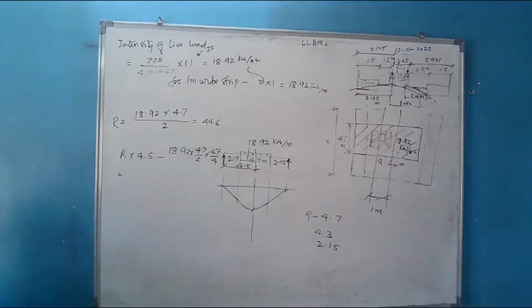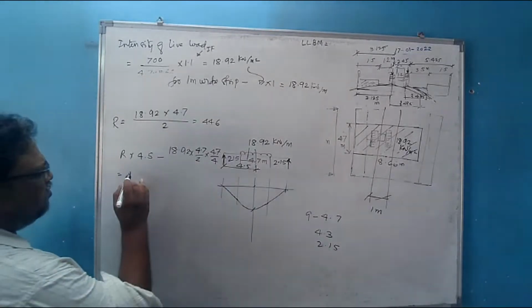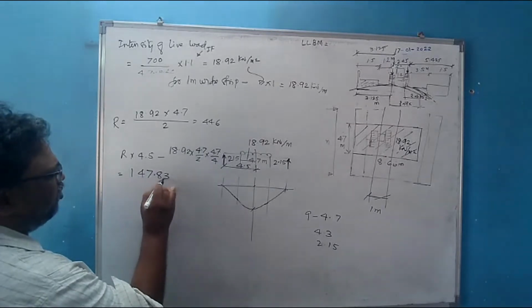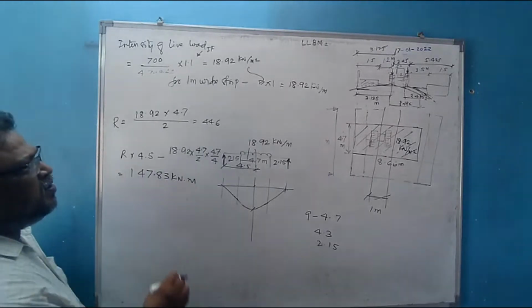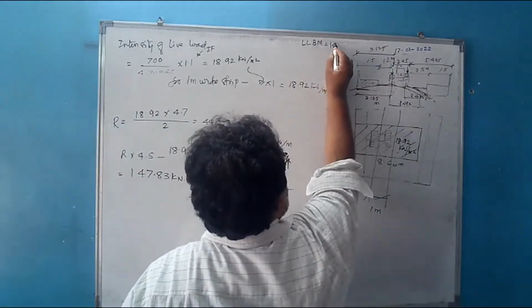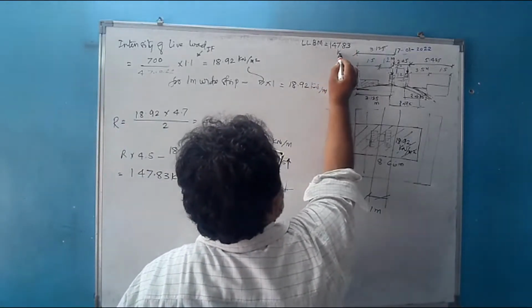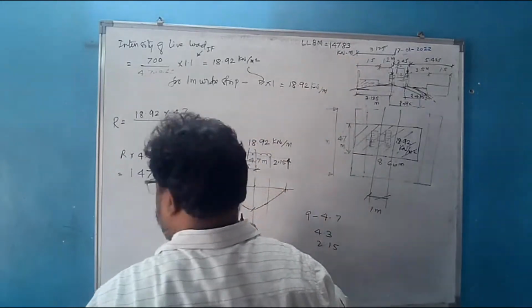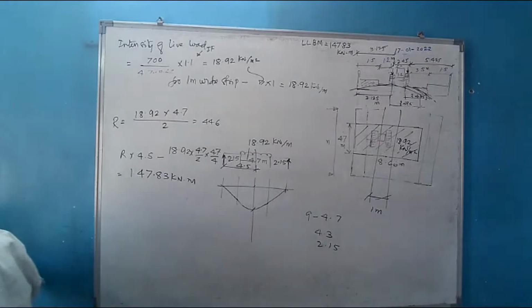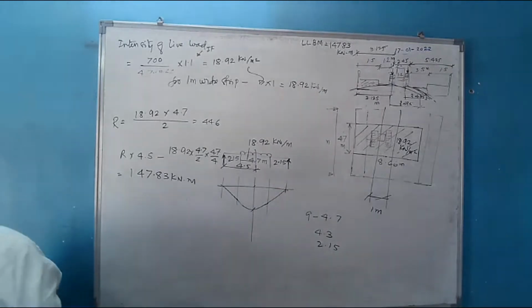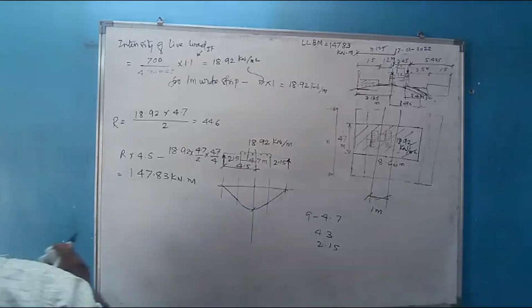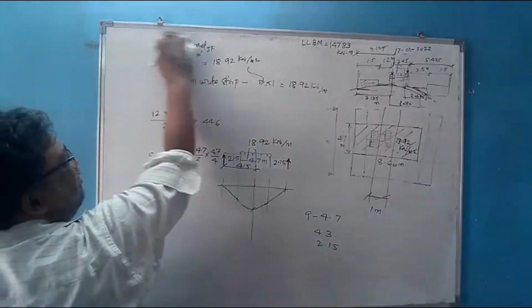147.83। हाँ ये हो सकता है। अरे लेकिन दूसरे लोग किधर है क्लास में? Why they are not there? यार ये ऐसा थोड़ी पढ़ाया जाता है यार। तुम लोग भी सीखना नहीं चाहते हो। 147.83 किलो न्यूटन मीटर। So the live load bending moment is 147.83 kilonewton meter. तुम लोग सीखने नहीं जाते यार। I am helpless, I can't do anything. बाद में रोना मत मेरे नाम से।